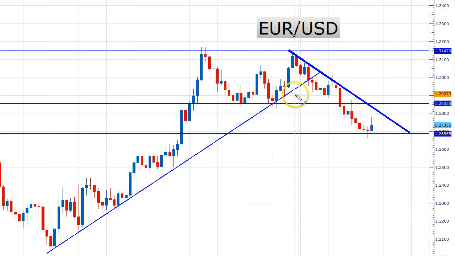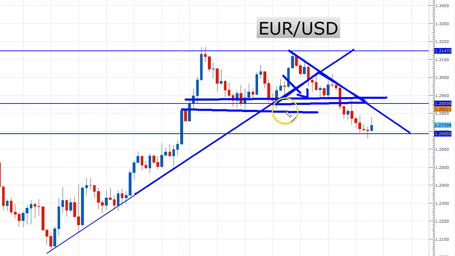And so then what happened was we got inside this little shape here, and if you can see, we have this little awkward triangle right here that formed where price was in a no man's land, because it broke this major long-term trend line here, broke down into it, but it didn't break all the way because we still had this major level right underneath of us in this zone here.